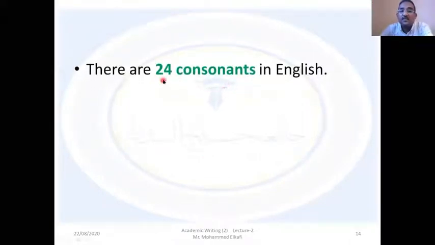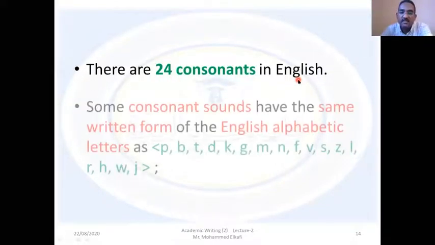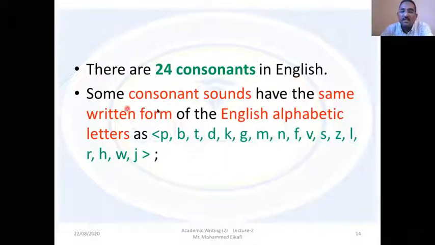There are 24 consonants in English. Some consonant sounds have the same written form as English alphabetic letters, as in pa, similar to P, ba, similar to B, ta, as in the letter T, da, the letter D, ka, K, ga, G, ma, as in the letter M, na, as in the letter N, and fa, as in the letter F,